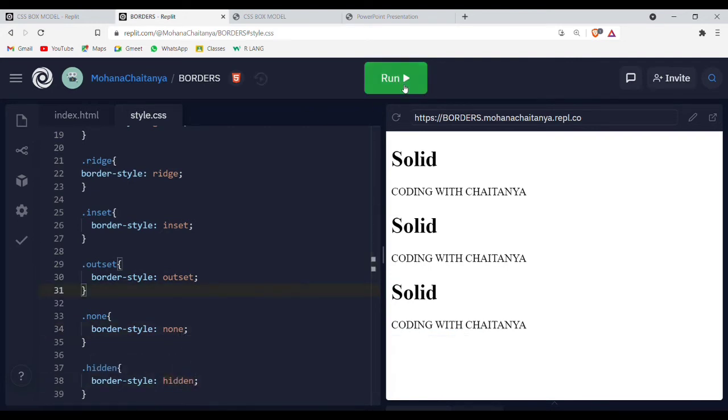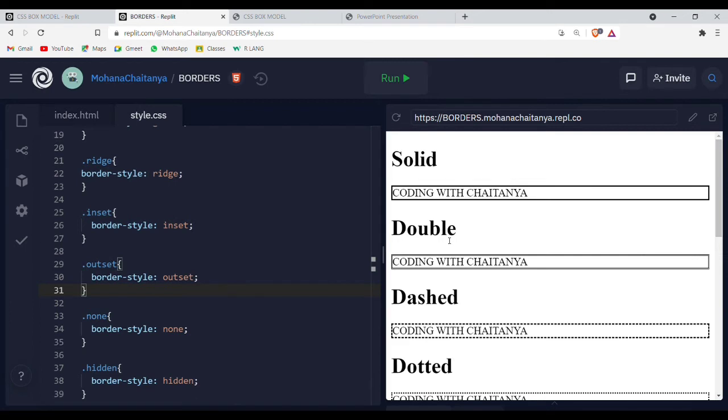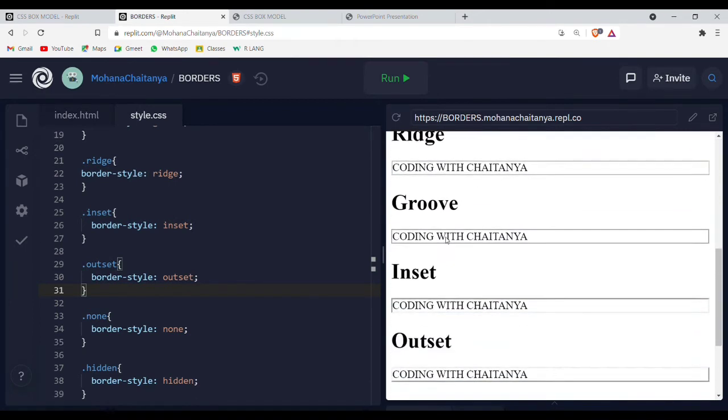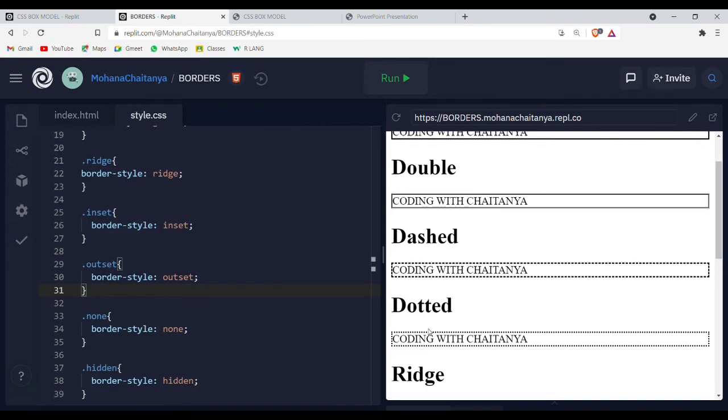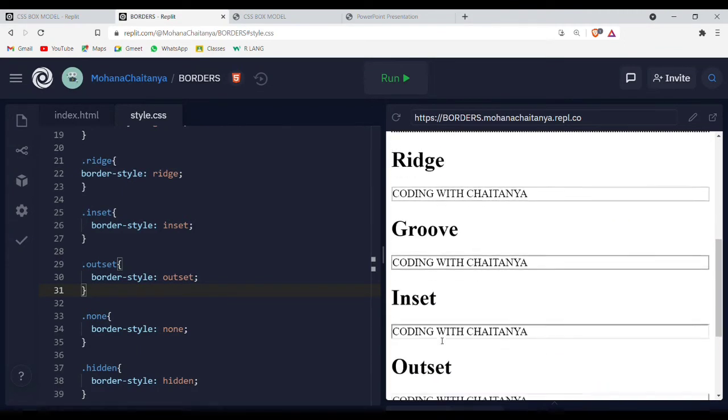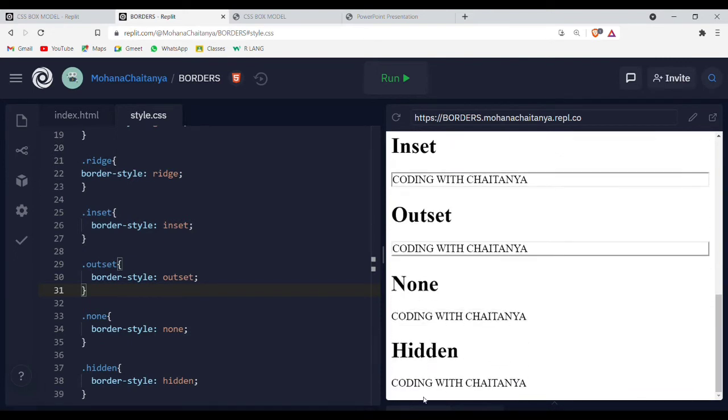Let's try to run this. See, you can see now all the 10 styles are appearing in the output screen. This is the solid line. This is the double, dashed, dotted, ridge, groove, inset, and outset. None and hidden are both the same. It will make this border disappear.